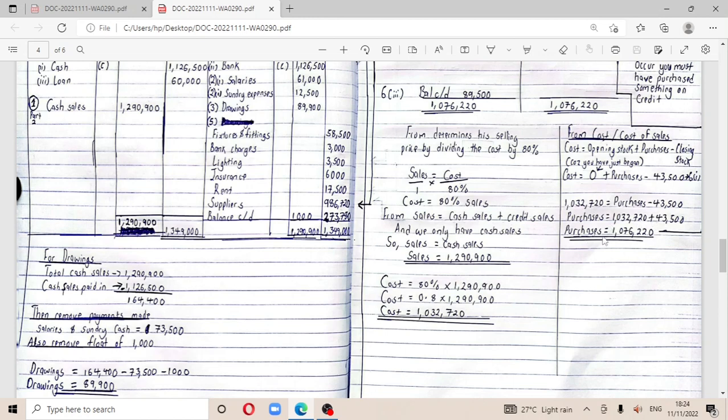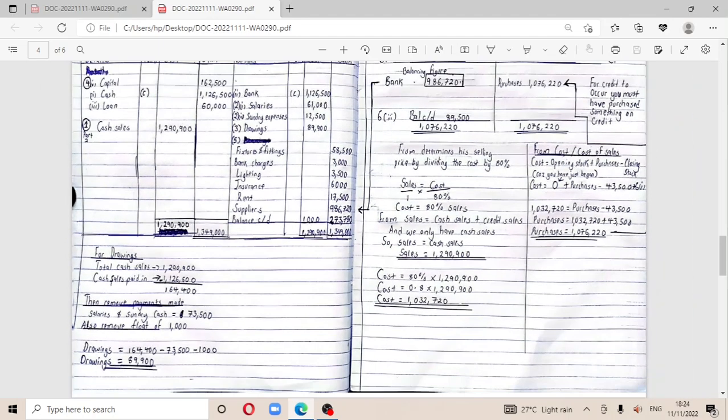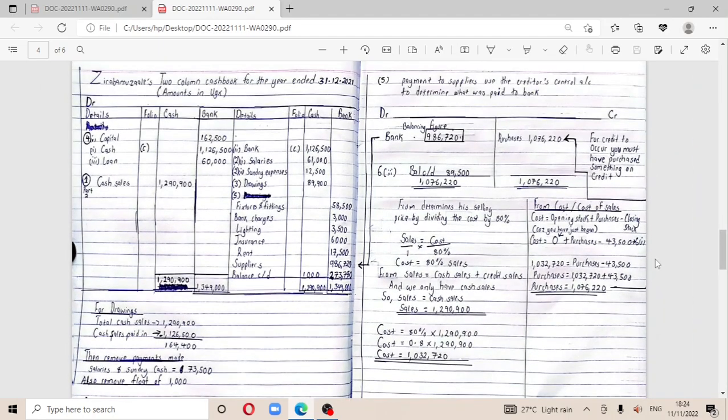So purchases will equal 1,076,220. So it's this figure which you will take to the credit side of the creditor's control account, and